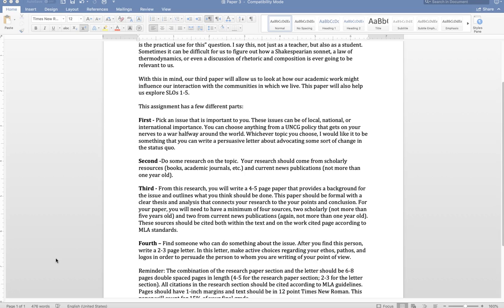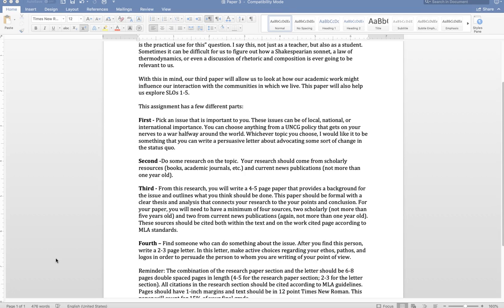So scholarly publications, not more than 5 years old. News publications, not more than 1 year old. These sources should be cited both within the text and on the works cited page, according to MLA standards. Now, you've got a chapter in your book about MLA citations, and I know that you do because I wrote it. But there's also going to be some links in this module about